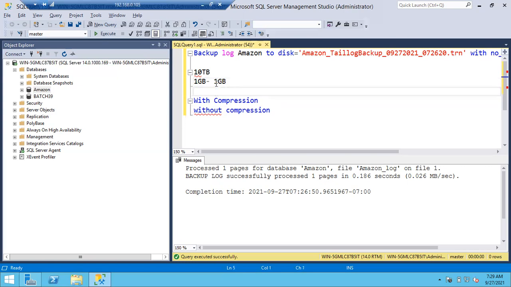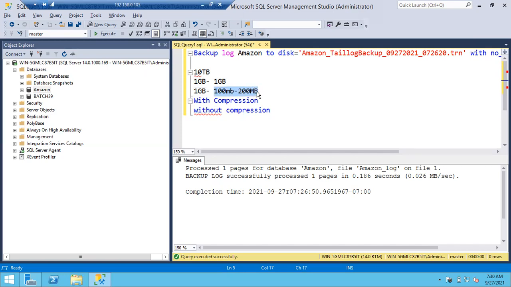If you turn on backup compression and take the full backup for a 1 GB database, the backup file size will be 100 MB to 200 MB.